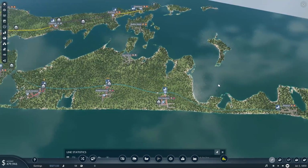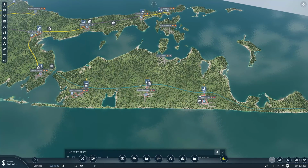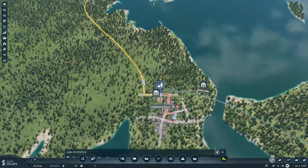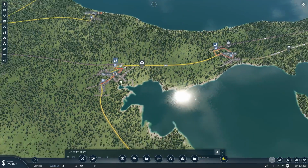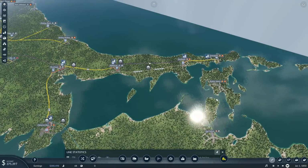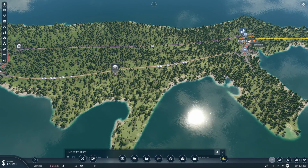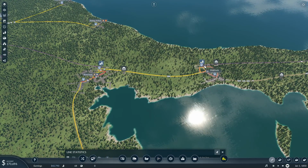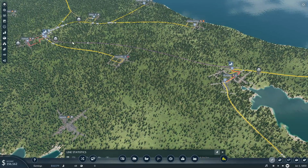So over here, this is the line that we put in episode 1, which runs from Montauk, East Hampton, Bridgehampton, Southampton, Hampton Bays. I have put in an intercity connection between Hampton Bays and Riverhead, which runs to the station up here. Now, I've put in 2 lines. I've put in a line between Mattituck and Southold. That's a train line going along there. And then we've got another train line going from Riverhead down to...